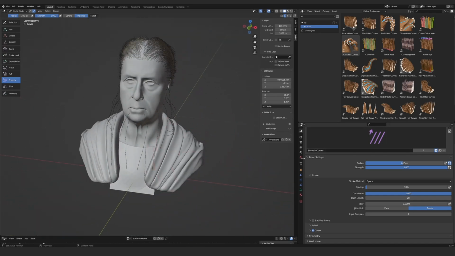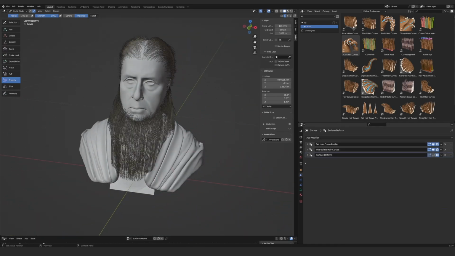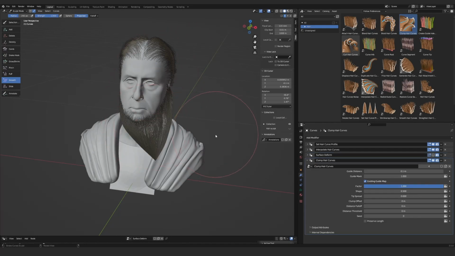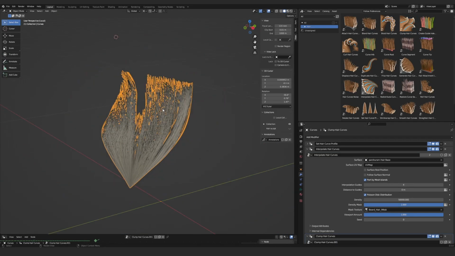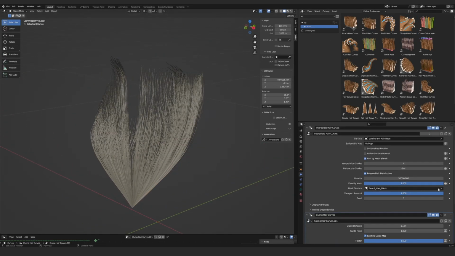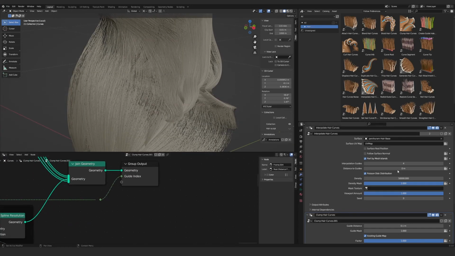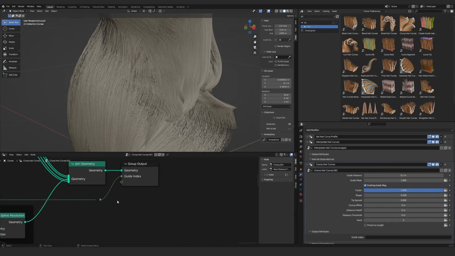Okay, so we are kind of done with the grooming. You can see that I've started adding the clump modifier, and you can see that it didn't work. In order to fix that, as you can see, I am in